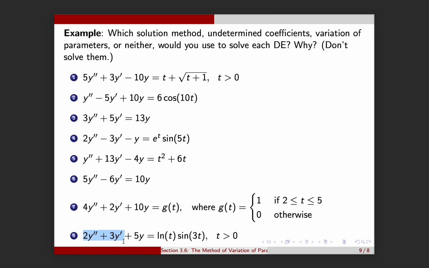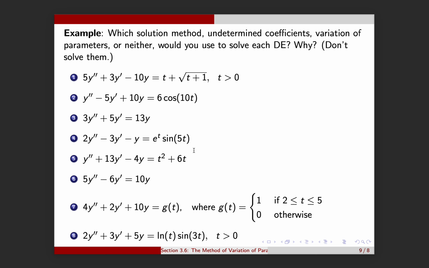And finally, this one here is variation of parameters because there's a log right there. Having a log, as opposed to an e to the t, makes it much more complicated because derivatives of logs are not themselves logs. You get a 1 over t and then a negative 1 over t squared. So anyway,